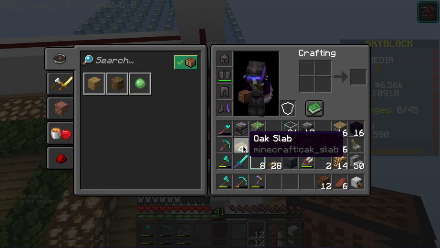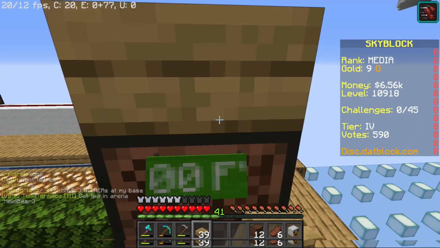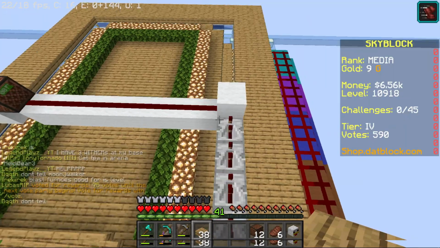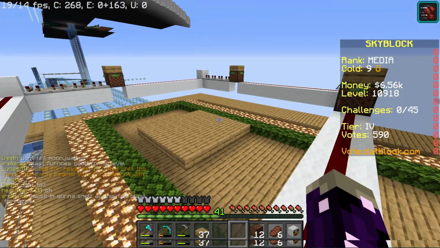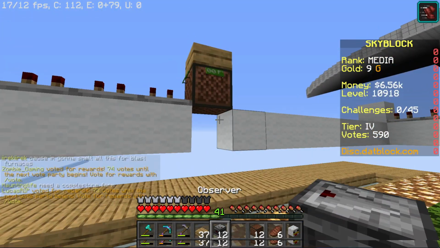Now one thing that can always help out is just place some slabs on top of these note blocks. Then they won't make any sound, and I know sound can be annoying if they're going off all the time. So it's best to just do that. Now at this point you got a nice ring, and it looks nice. Now we need the observers,